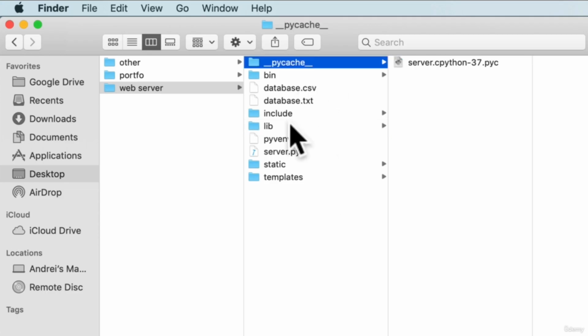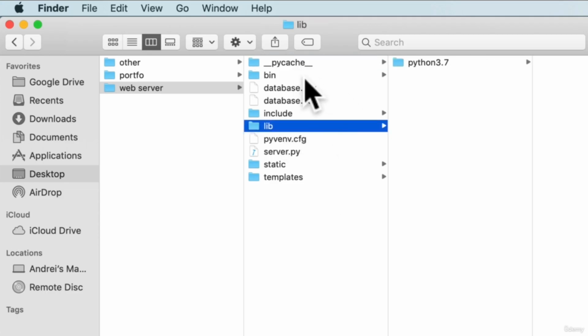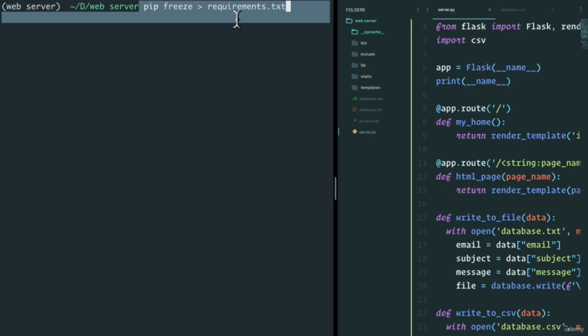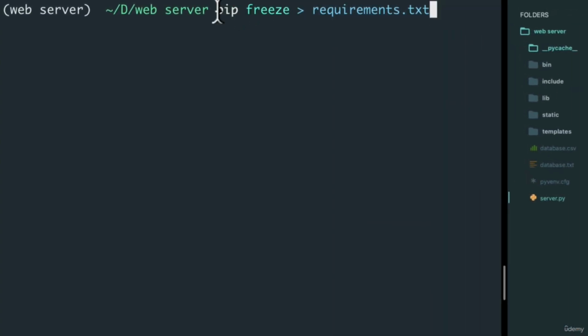We have our PyCache folder. Essentially, these folders created the virtual environment for us. However, there's an interesting trick here that we can do. We can run a command called pip freeze. And remember, you might have to do pip3 based on what type of installation you have of Python on your machine. But if you do pip freeze with this little arrow and then requirements.txt, notice what happens as that